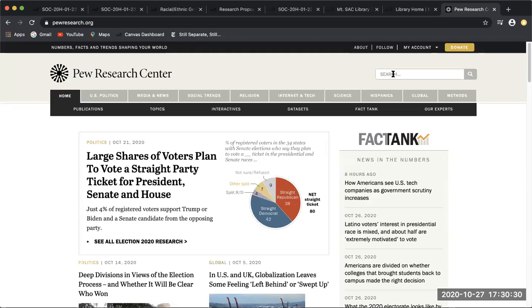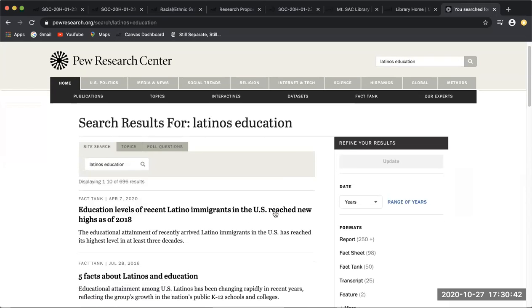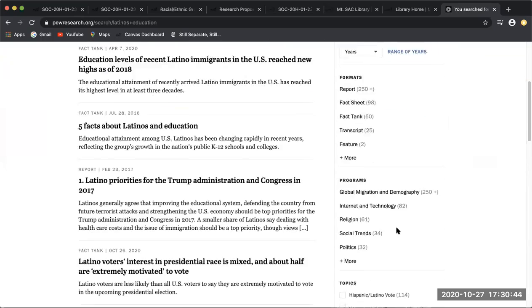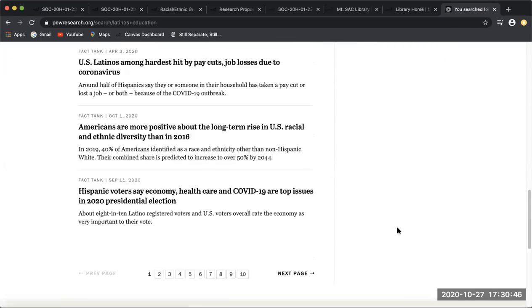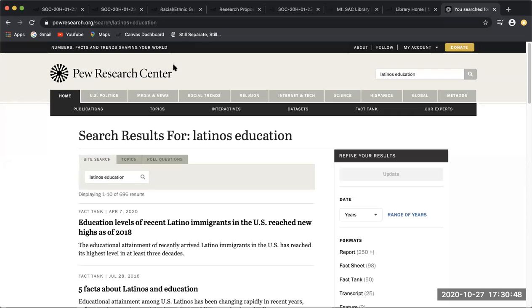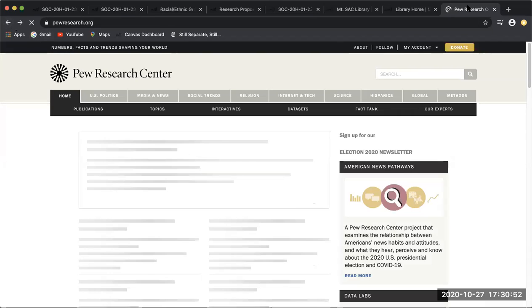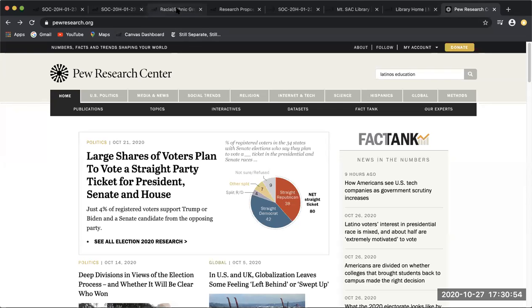You can search, let's see, Latinos education. They're going to have a lot of information, and it's fairly recent too. Okay, so Pew Research Center, great resource for you. Okay, so let's go back